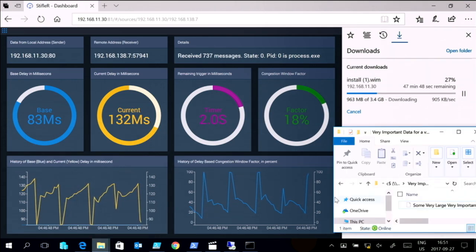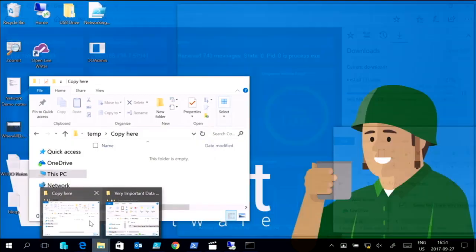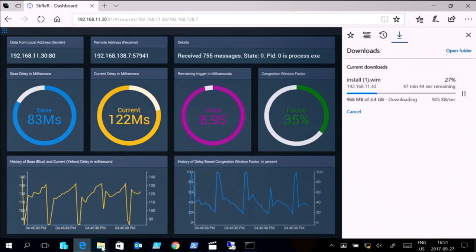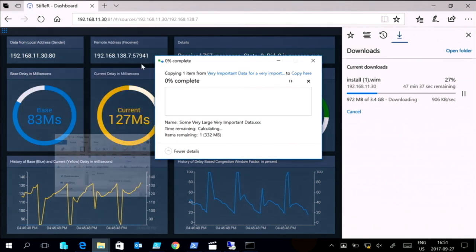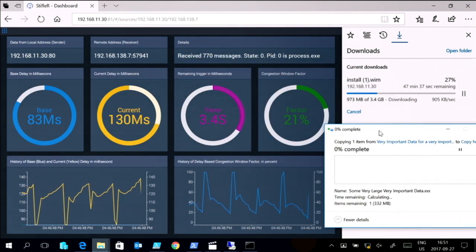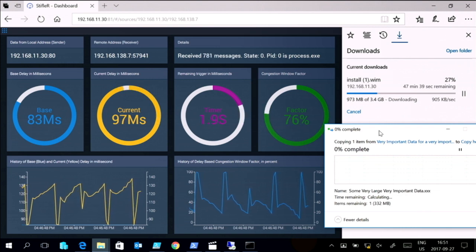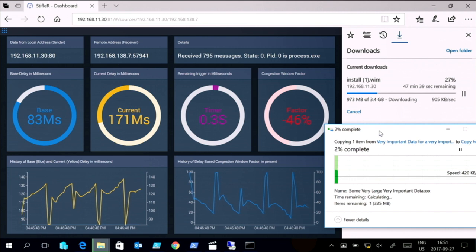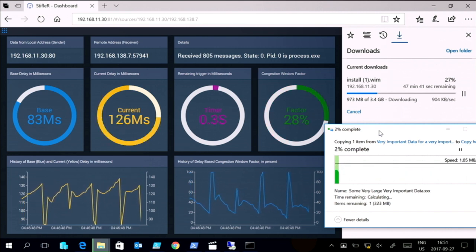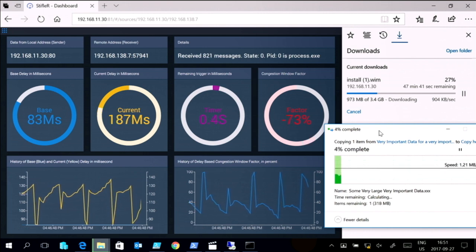So I have my very important data, and I'm going to copy it. So I'm copying it from another server that's not lead-bat enabled. So let's see what happens. So, like instantaneously, the green goes to red. So it knows that, hey, something else is actually downloading.